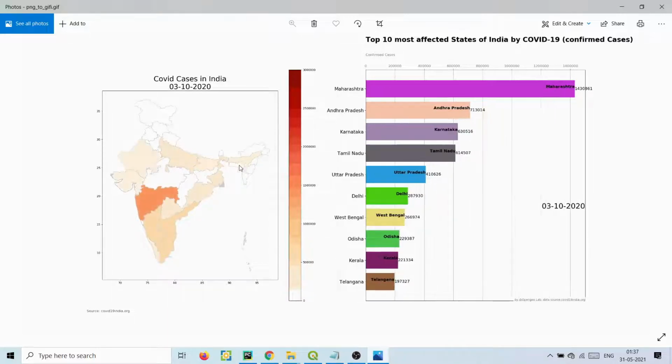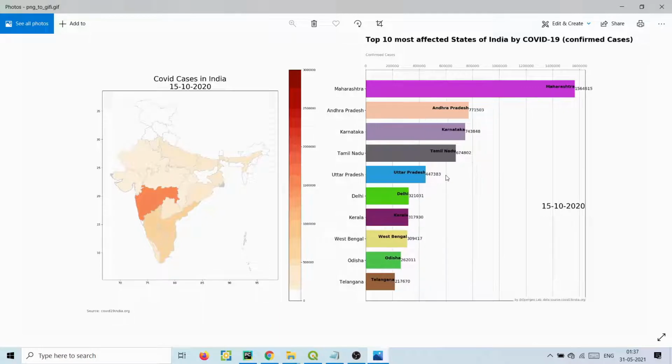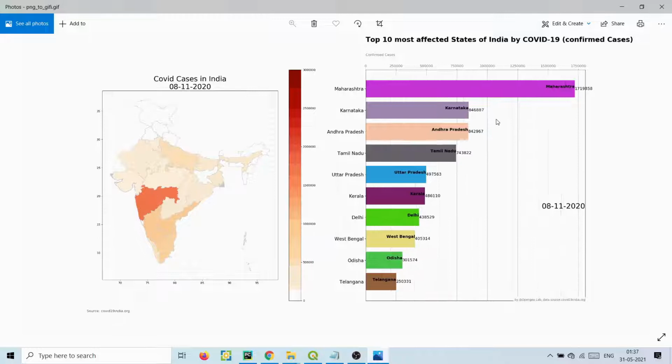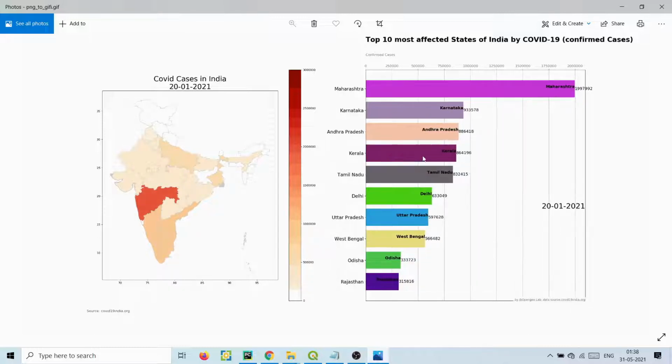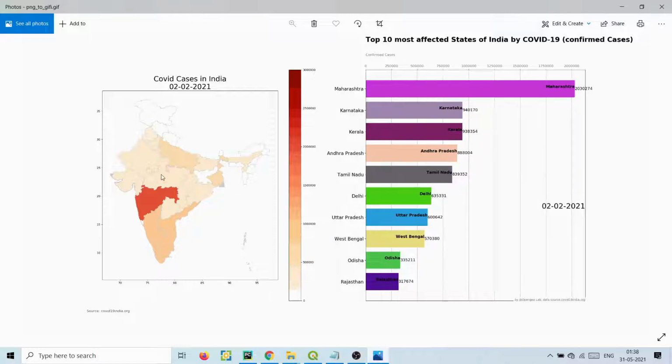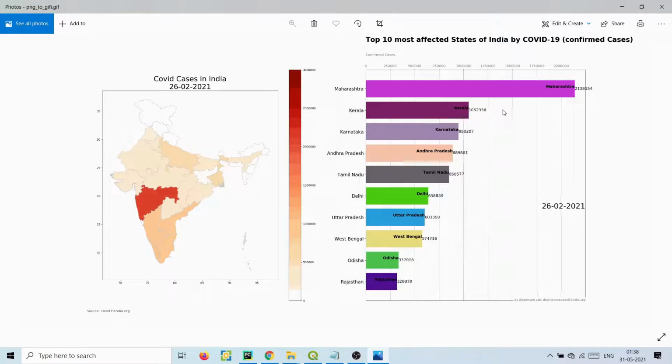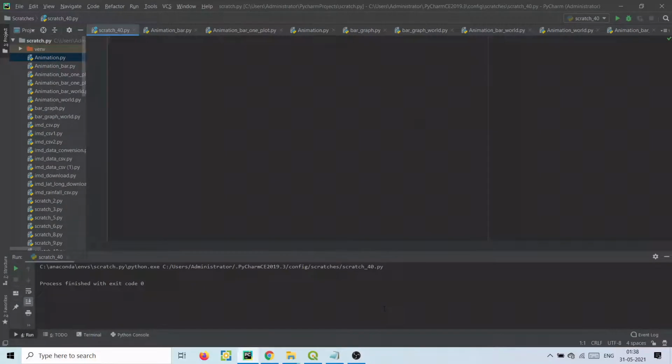As you can see, both are synchronized. As these colors are changing, the bars in the bar chart and their values are also changing over time. This is an example of COVID data which I have taken from an open source website called COVID-19india.org. So you can see both are synchronized, and as these colors are changing, these values are also changing. We will see in this tutorial how to generate these kinds of maps,